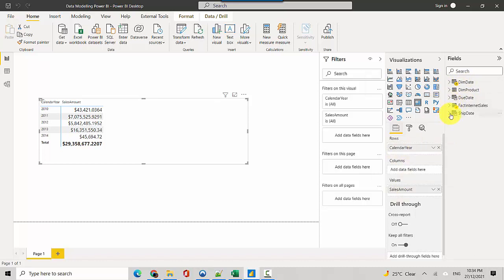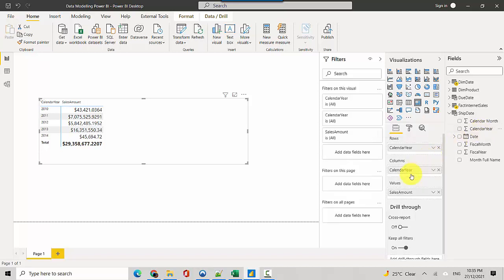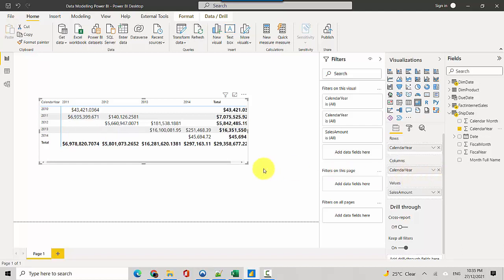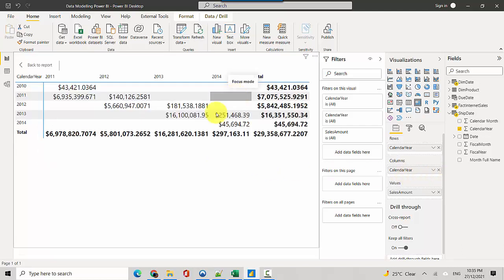Now let's say I want to see by calendar year how the amounts are split. So when was the order, what amount was ordered and what amount was shipped. So let's say we want to do an analysis on that. So I'll move the calendar year here and I'll maximize this.